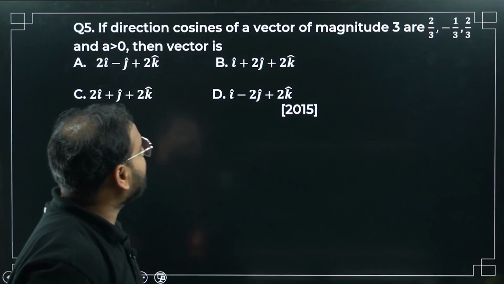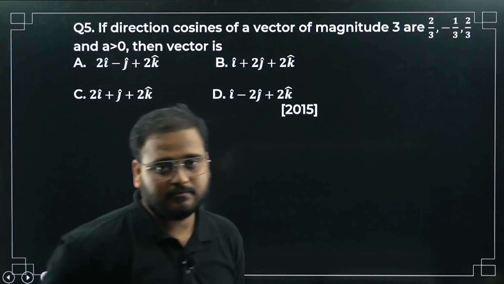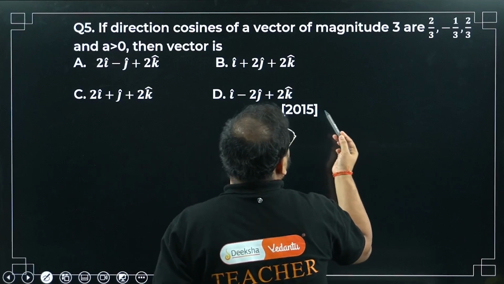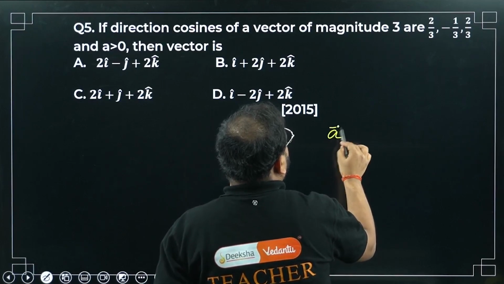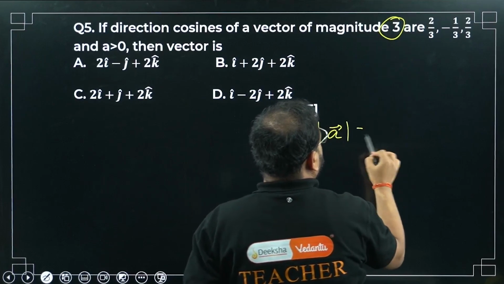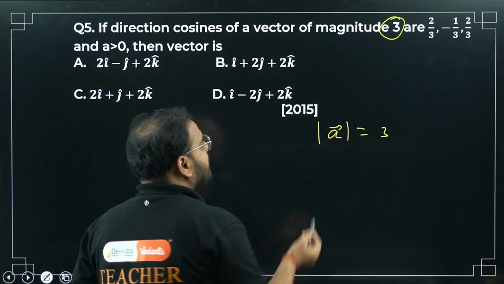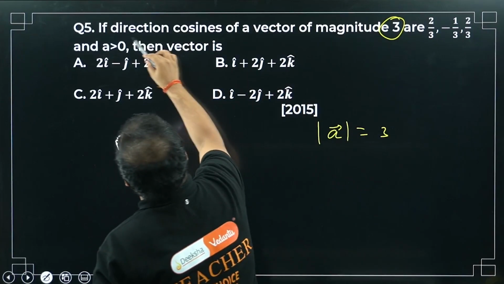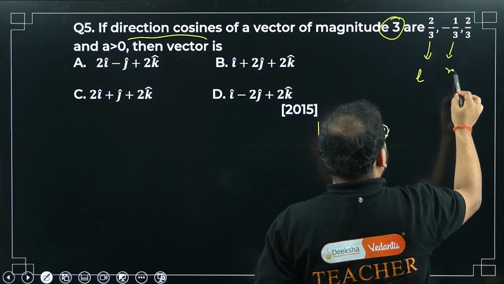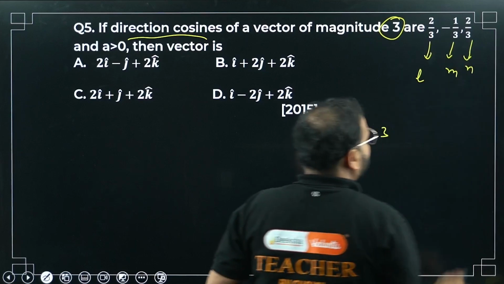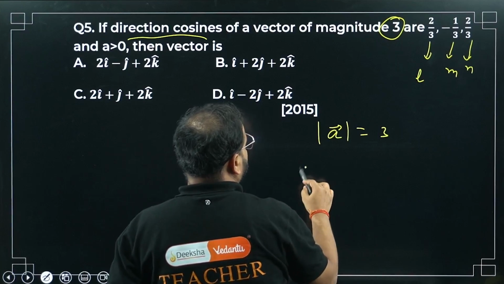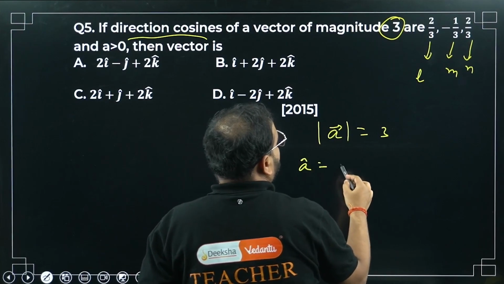If direction cosines of a vector of magnitude 3 are, great. So if I take a vector to be, let's say, vector A, okay? Magnitude is 3, all right? What's the meaning of direction cosine, sir? It means that this is going to be L, this is M, this is N. LMN, great. So how do we write the vector? So we'll write the unit vector as L i cap